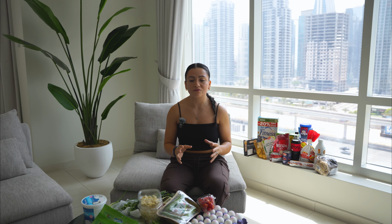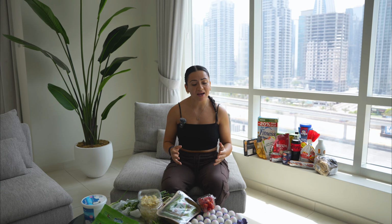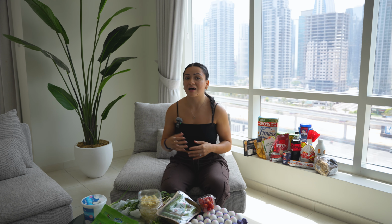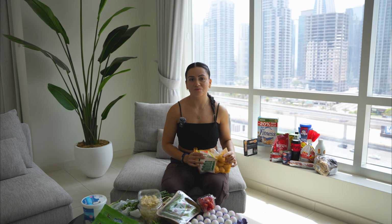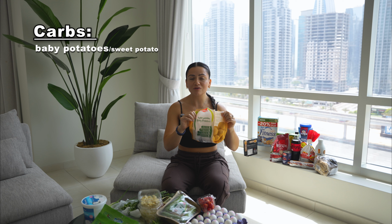And I don't want you to go into the grocery store thinking that you can't have maybe those more fun carbs, but again, take into consideration how much of that you can eat versus how much of it you can have if it's a more whole food source, and kind of choose your battles from there. My main carb sources right now, baby potatoes, huge bang for your buck for your calories and the volume you